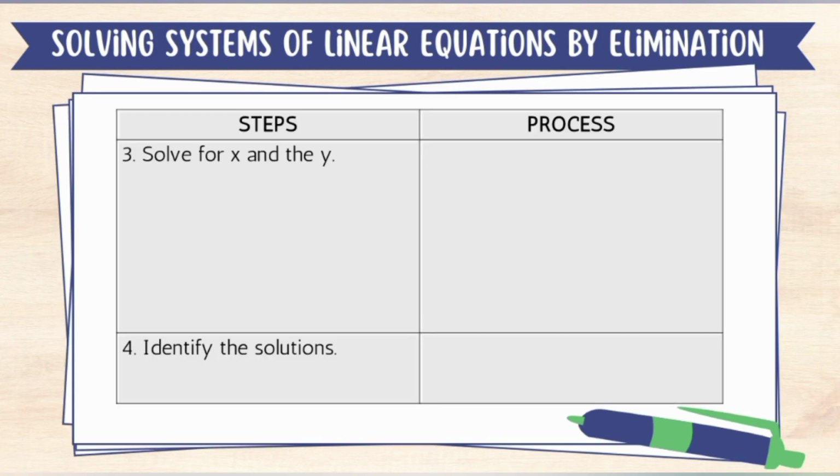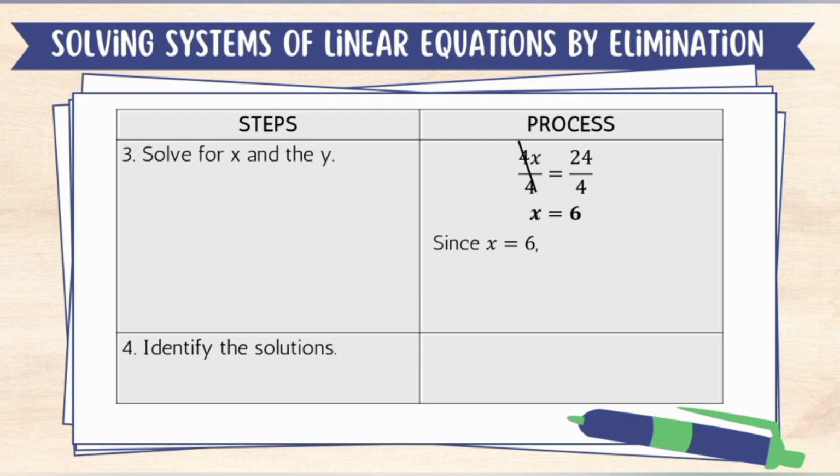For the third step, we can now solve for x and y. In solving for x, we just have to divide both sides by 4. So 4 cancels out. That would be x is equal to 24 divided by 4, which is equal to 6. So since x is equal to 6,